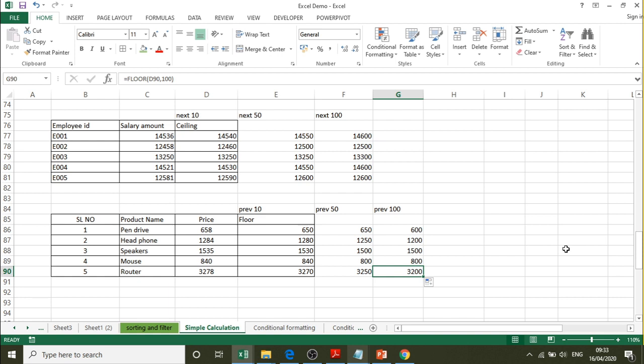So once again, it all depends on the type of problems that you come across, whether we can use the ceiling or flooring values. Sometimes in production or product sales they will be using the floor method, and sometimes in the salary statements in accounting they will be using the ceiling method. So what is your requirement and what is the problem that suits? Based on that you can make use of either ceiling or floor function.